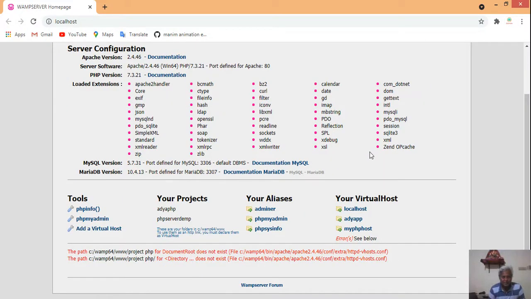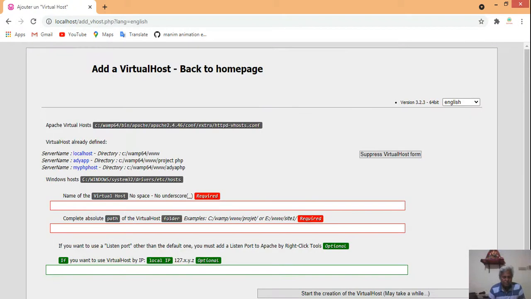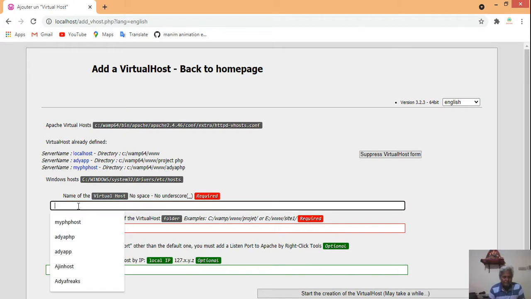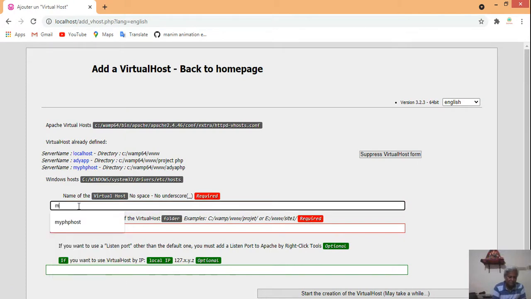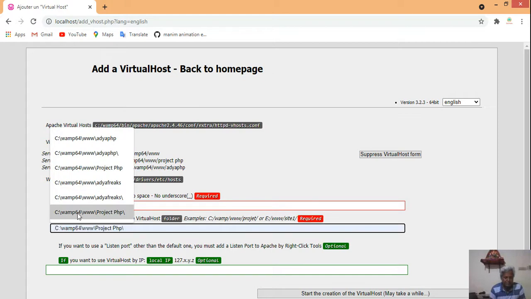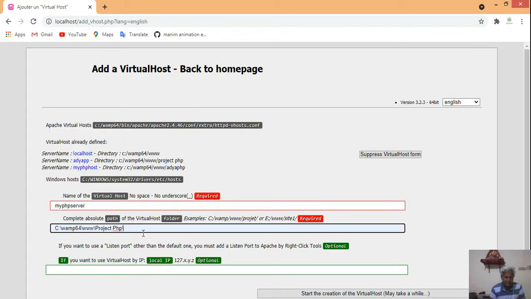Here you see "Add a virtual host". Click on it, and for the name of the server I can write my PHP server. Then you have to provide the complete path, since it is in the C drive.